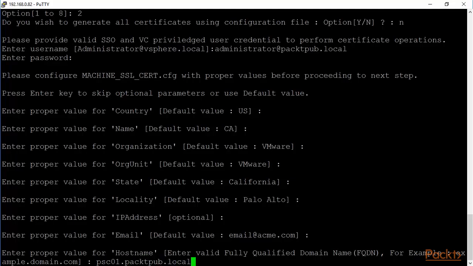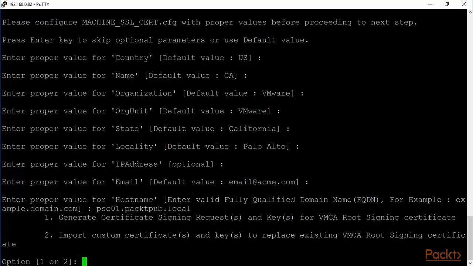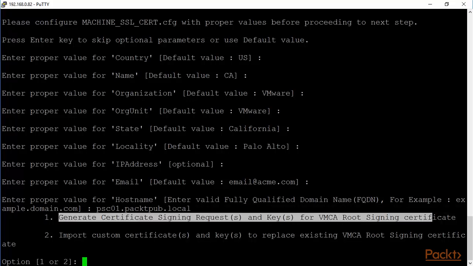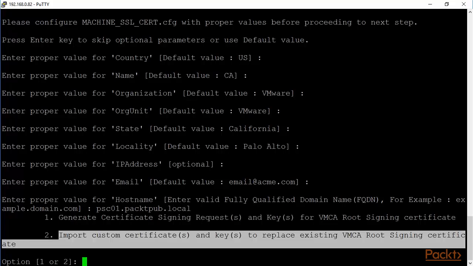If this doesn't work, I'll have to check it in my domain name server. It's fine. Generate a CSR, certificate signing request, and keys for VMCA root signing certificate. Or I can already import a custom certificate and key to replace this root signing certificate if I have already generated a CSR and sent it over to like a VeriSign or whomever, so that we have a certificate that